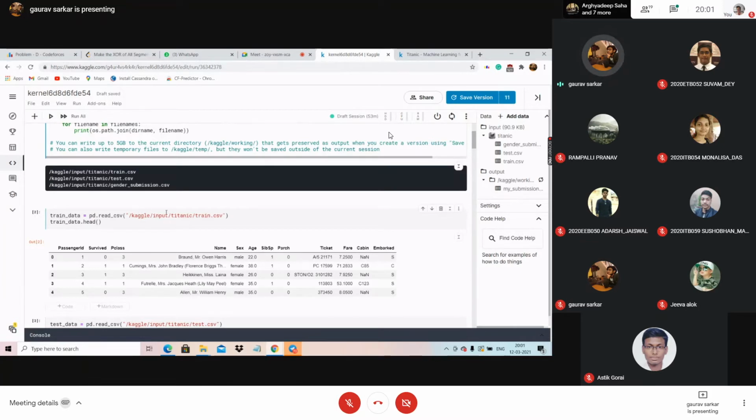What it does is it reads this train.csv. And what does train_data.head do? This function prints the values of the columns. Like I showed you that CSV file, it basically prints that CSV file.